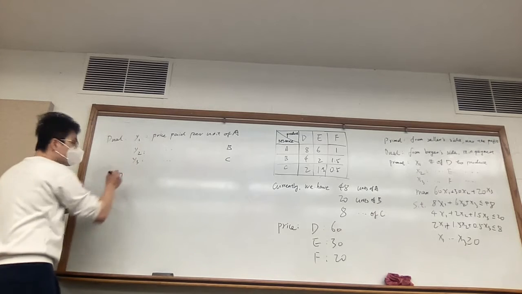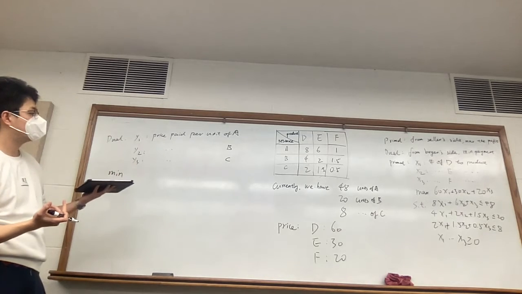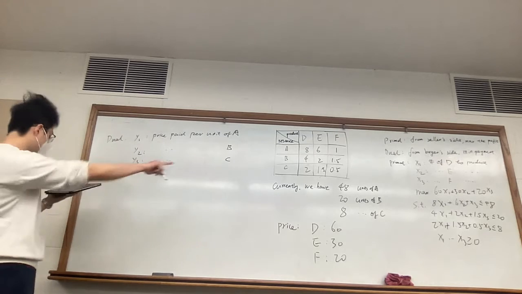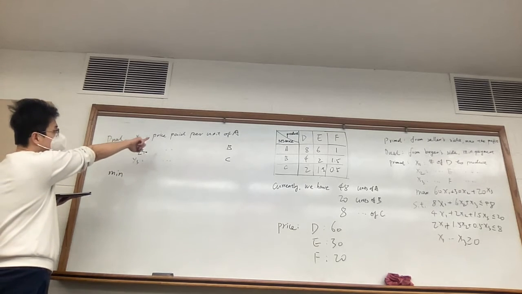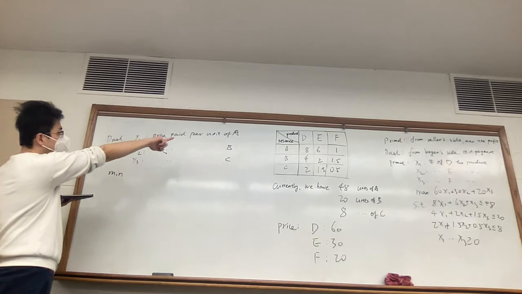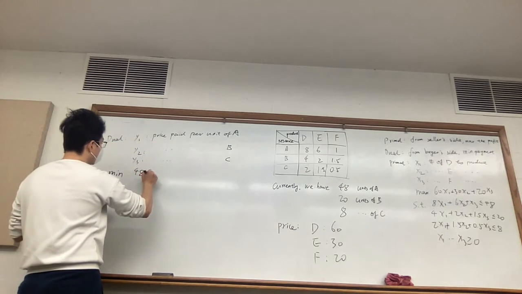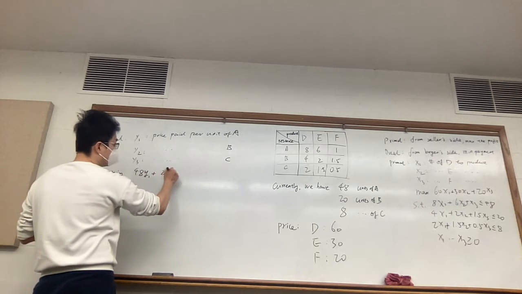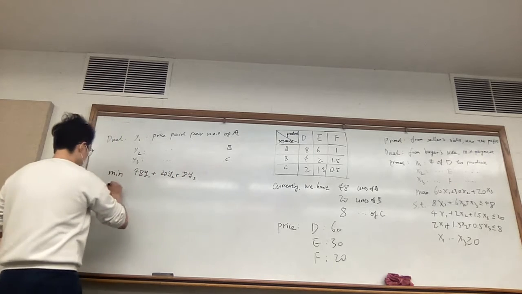So as I said, you want to minimize your payment. That's to say, you pay Y1 per unit of A. So 48 Y1 plus 20 Y2 plus 8 Y3, right? Such that